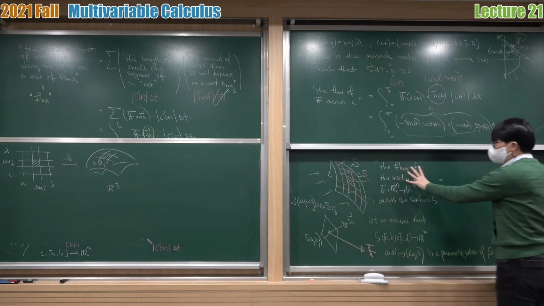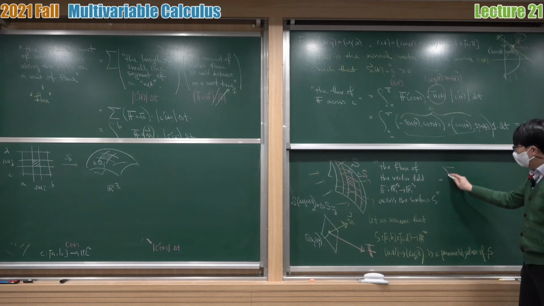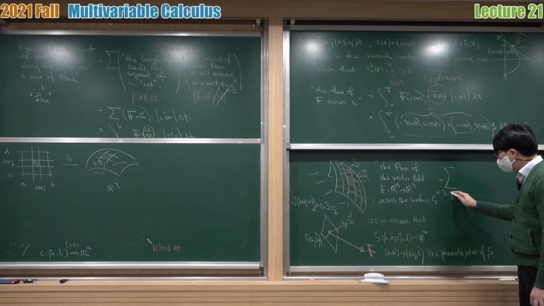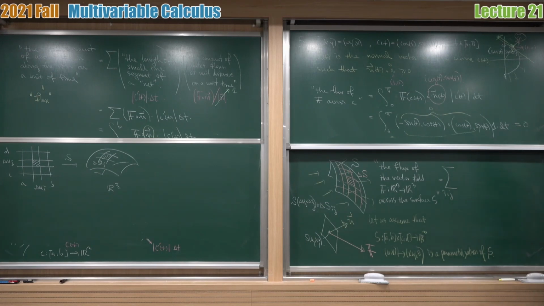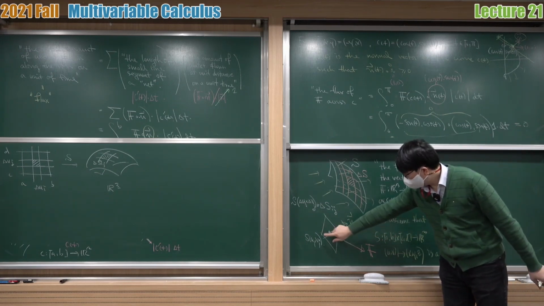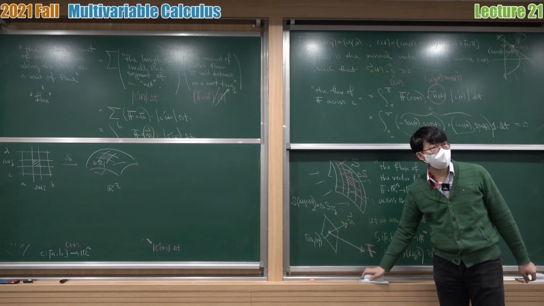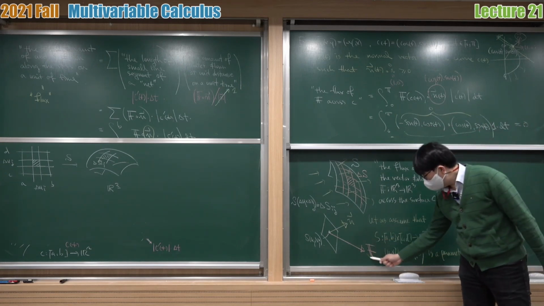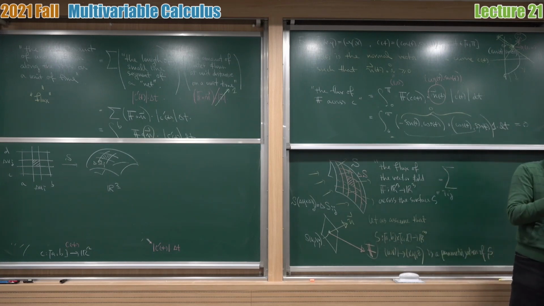Let's try to find the flux. So that's the sum of small fluxes, right, for each ij. So how do you get the small flux? You try to find the flux across this delta Sij, right? First of all, this measures the point flux. So at that point, how much particle is moving